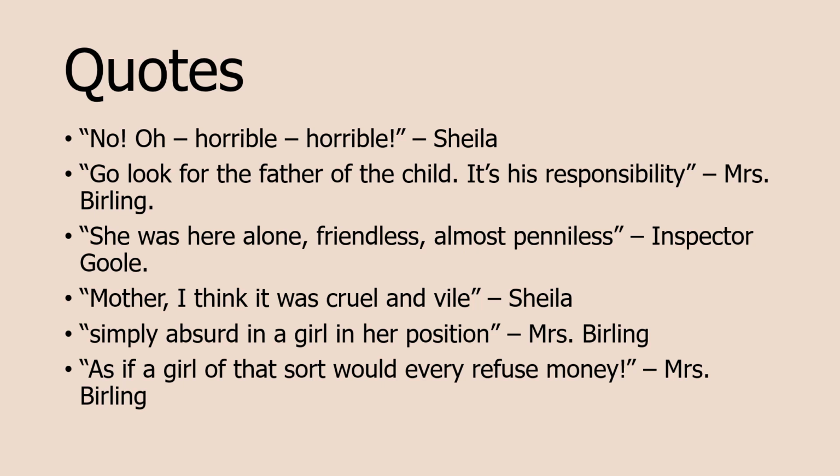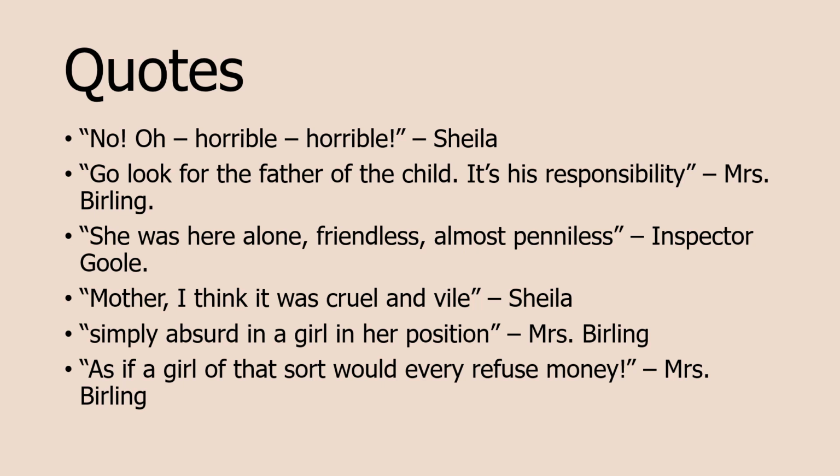Now remember, she symbolises the upper class. So what we learn here is the upper classes never accept responsibility for the state of the country. They have enough money to help the working class, but they don't accept responsibility. Instead, it's easier for them to blame other people in society. That's what I think J.B. Priestley is trying to teach us here through Mrs. Birling.